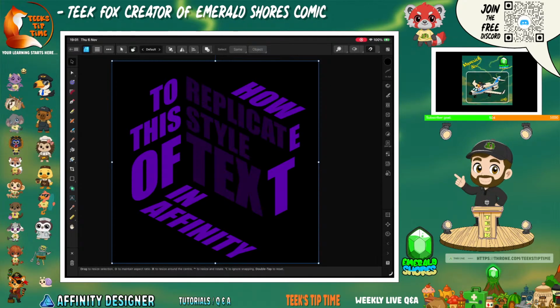Yeah, good. Okay, so today we're going to look at how to replicate this isometric text. This was a question on the Q&A from a member of the team. And I looked at it. I've never actually done it myself. I just looked at it and thought, I know exactly how that's done. So we'll turn that into